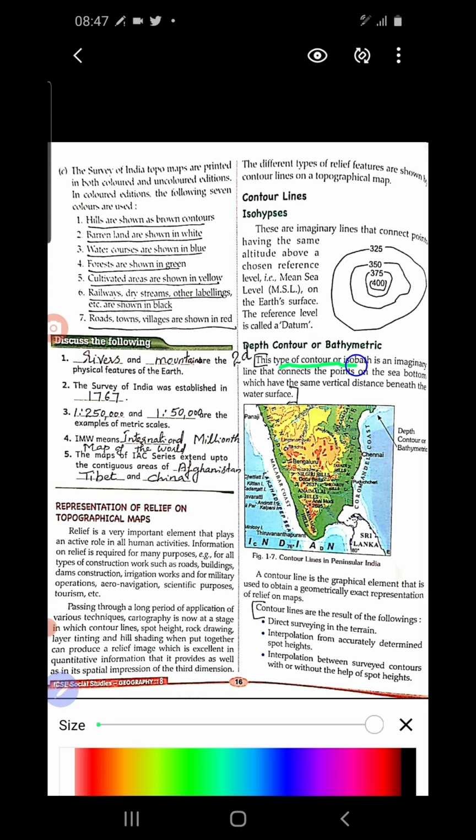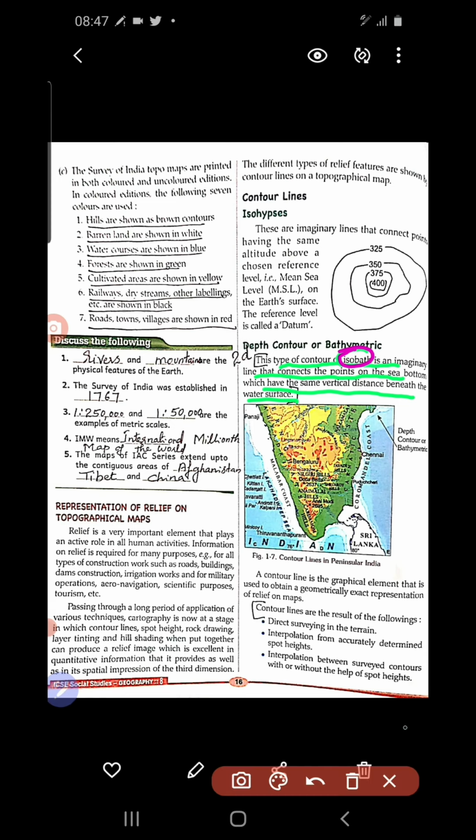This type of contour, the isobath, is an imaginary line that connects the points on the sea bottom which have the same vertical distance beneath the water surface. So depth contour or bathymetric contour, mainly isobath. The common term used is isobath. So isobaths join places having the same vertical distance beneath the water surface. Okay, and the next thing